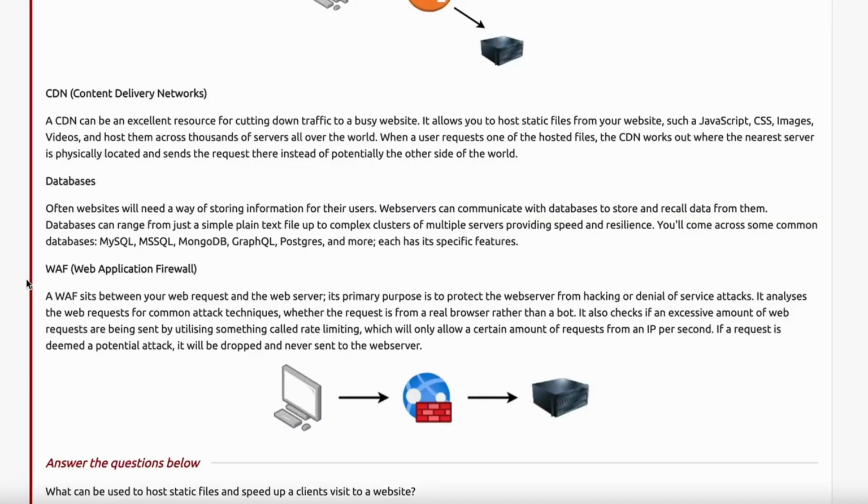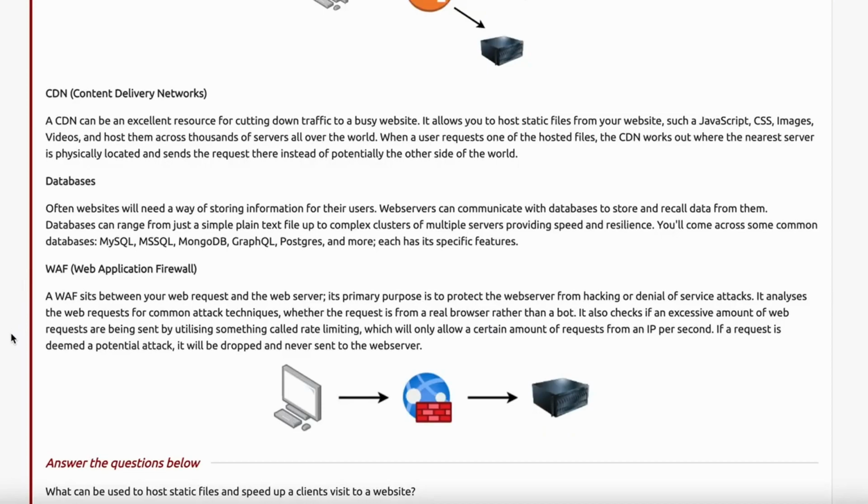Next, you'll have databases, and these are basically storing massive amounts of information. I'm sure you know what databases are, but that's pretty much it. And then you'll also have web application firewalls, which add a layer of protection for the infrastructure as it is dealing heavily with the internet. You want to be able to filter a lot of that and prevent a lot of denial of service attacks and a lot of the malicious IPs that you see out there.